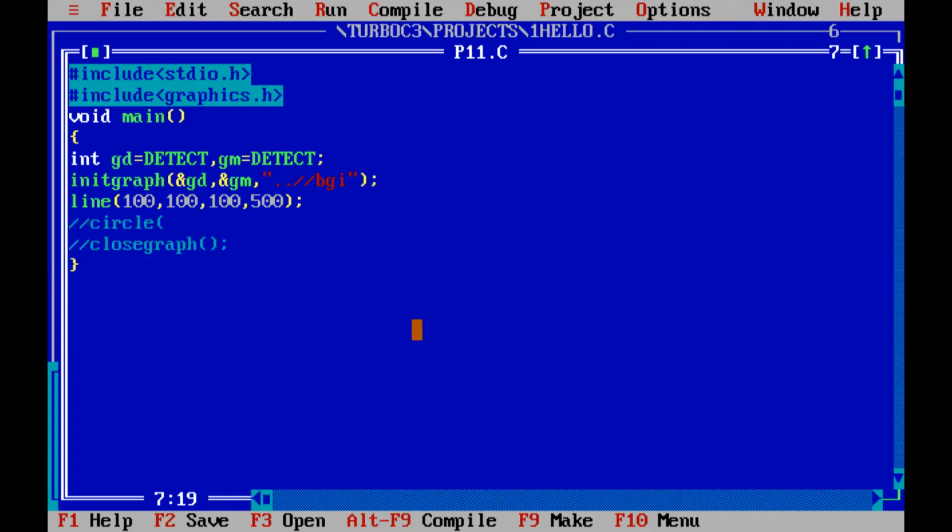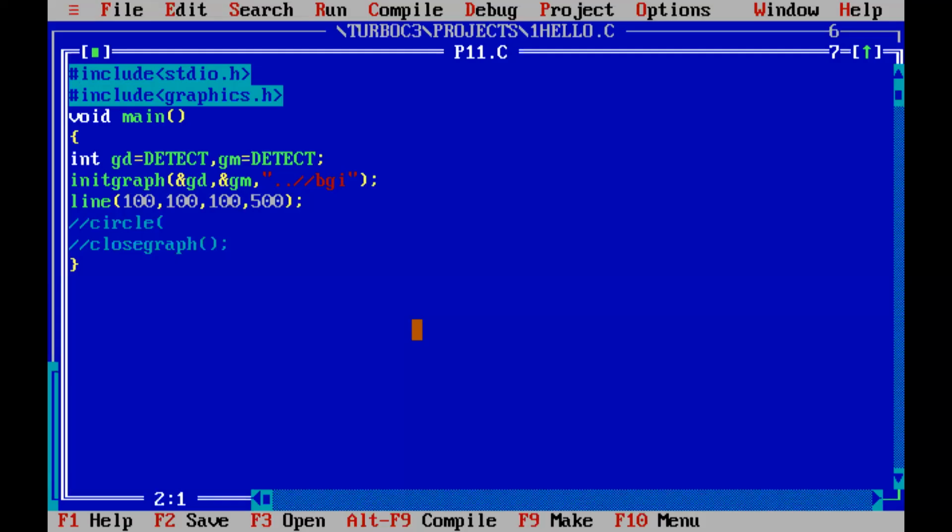So let us see what the output will be now. Okay, yes, ma'am. So I have got a vertical line which is starting with the same point, 100, 100, but it has reached 100, 500 because your y is changing, x is the same.